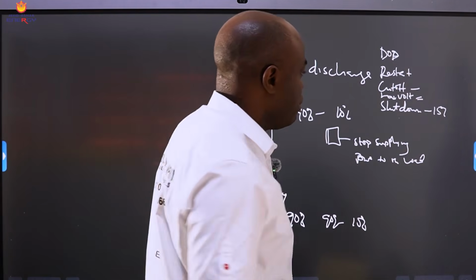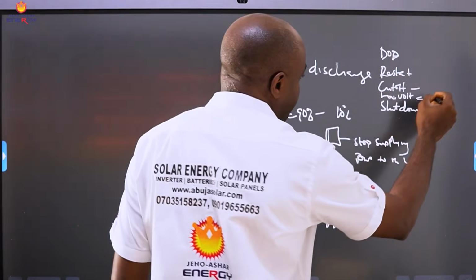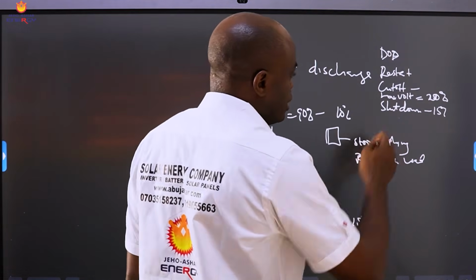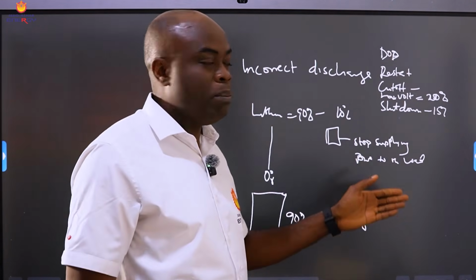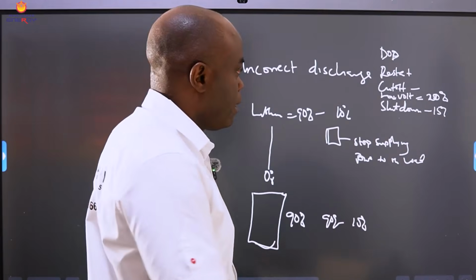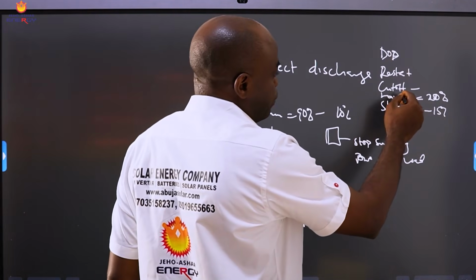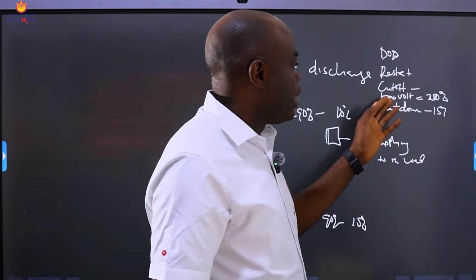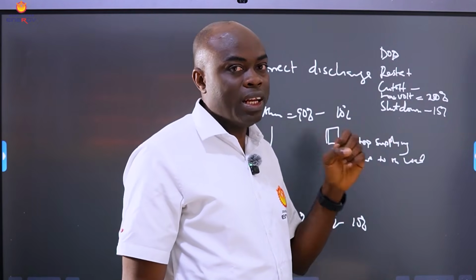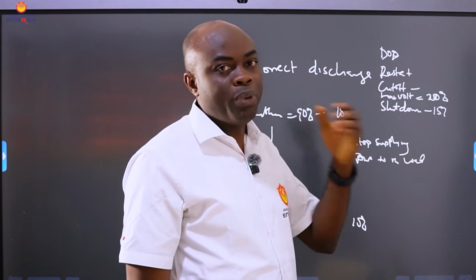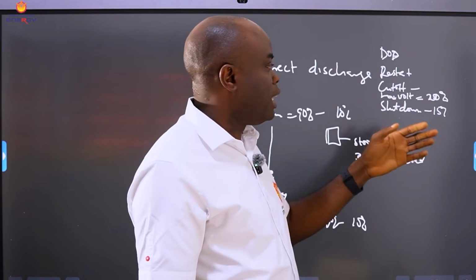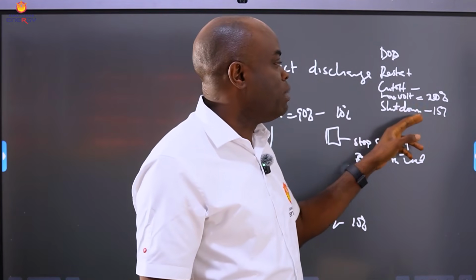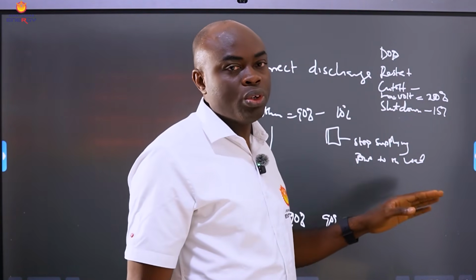So when the battery is low, you give it, say, 20%. So you set 20% on it. I'm using the brand we deal in as an example. It has the low cutoff, then you have the shutdown, and you have the restart. So for example, when it reaches this low, the inverter starts giving an alarm. It's 20%, your load will still be powered from it, but it starts giving you an alarm, a beep alarm, that the battery is low. But now if we put a shutdown or a cutoff, meaning once the battery reaches 50%, cut off the load,